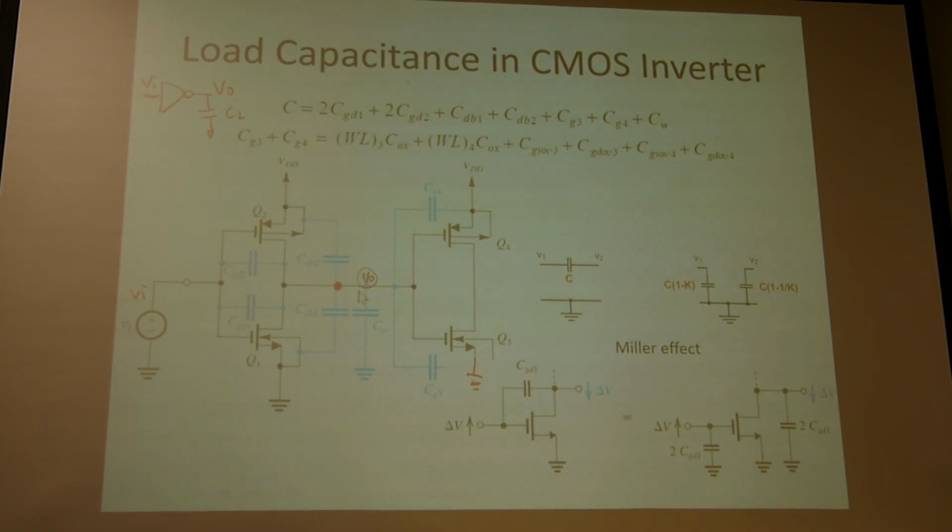First of all, this node is attached to the second stage of the inverter. That means you will have the gate capacitance of Q4, let's say this is transistor number 4, and also Q3. So you will have CG3 and CG4. So those capacitances will add